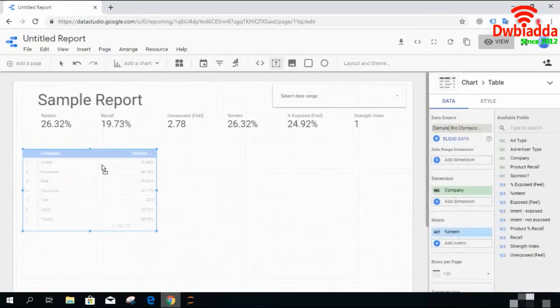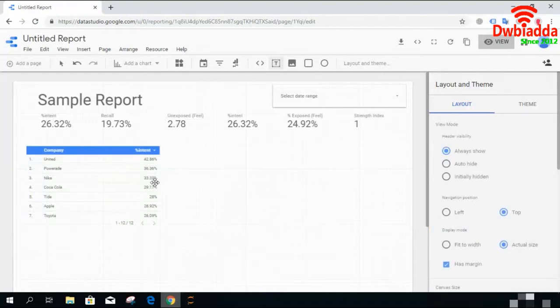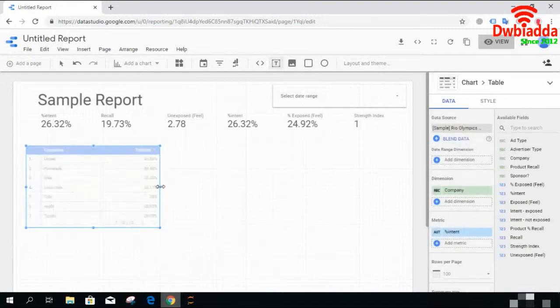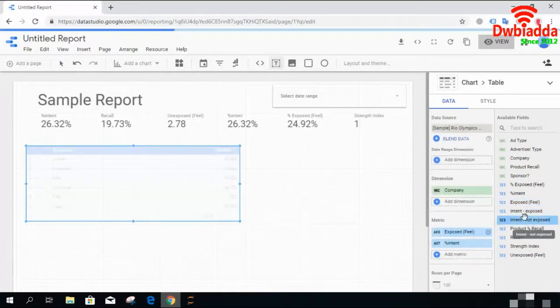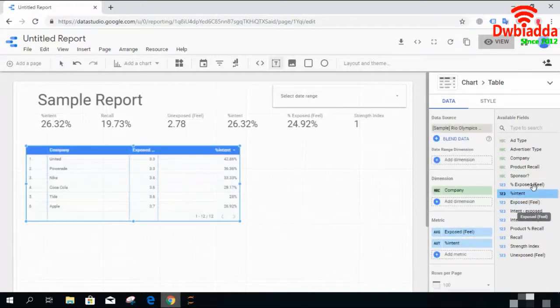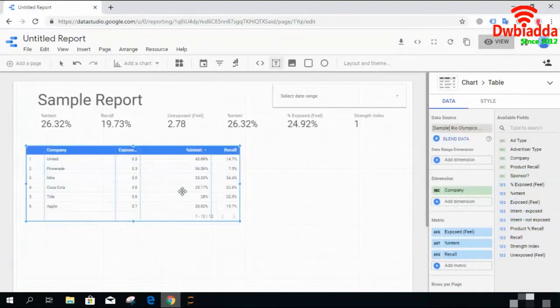We'll simply drag it. Okay, so drag this table above and you can add multiple columns in this table. Like, let's say if I want to add exposed field and I don't know, recall. Okay, so you can simply change this to the